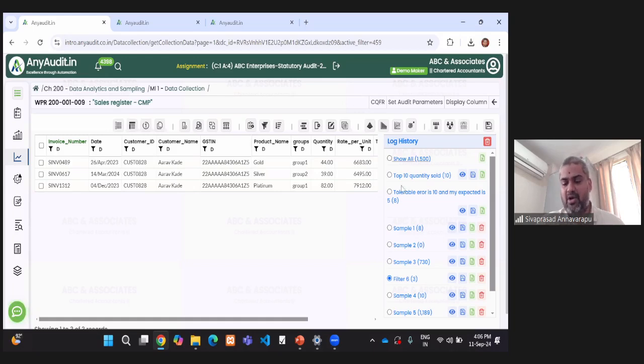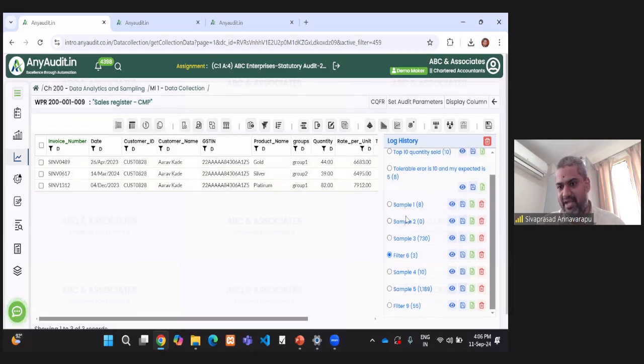Now, another beautiful part of this is that whatever steps are done are getting logged here for our future reference. If you want it to go to the permanent file, that is audit documentation, you can save. Or if you don't want them, you can delete them. Now, there are 3 samples I have selected as a sample. Once I click on that, the system allows me to select an appropriate audit procedure that is to be done on that particular sample. Now I'm clicking over here.